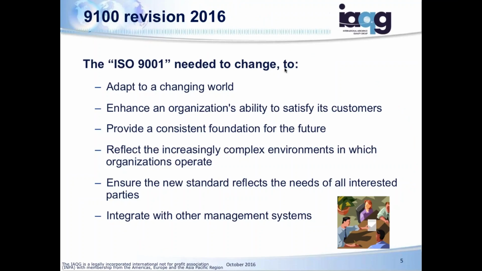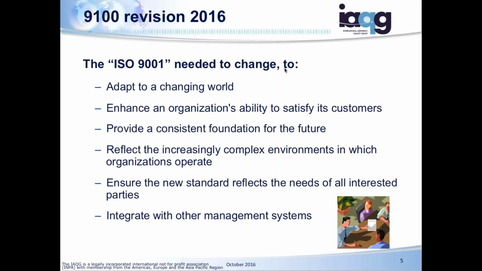So why does ISO 9001 need to change? If you think about it, ISO 9001 has really not changed since the year 2000. At that point, we went from the 20 clauses to the process approach. There was a change in 2008, but if you remember right, it was an amendment, so it really wasn't a full change. It was just a minor tweak. And obviously, how things have progressed in the last 15, 16 years is quite significant.